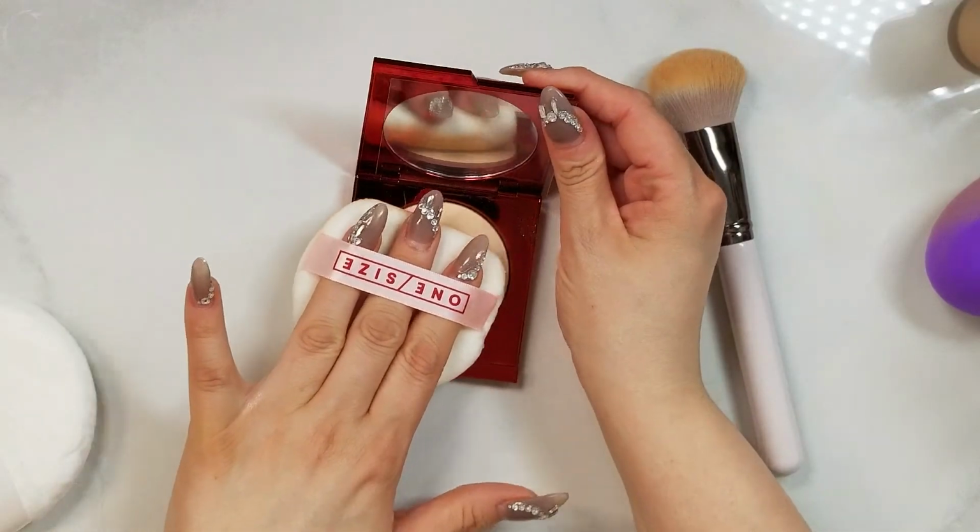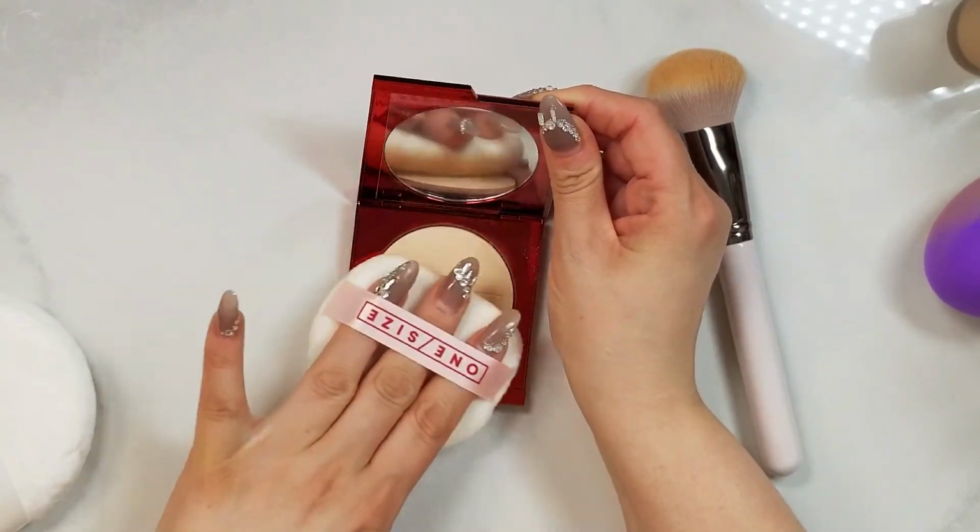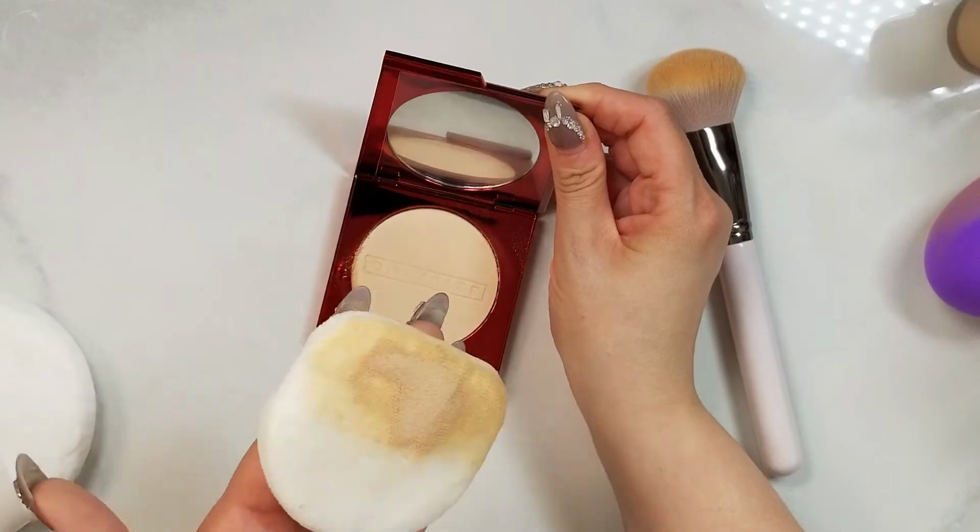So now I'm going to go in using my One Size Powder Puff, and again, this is a little dirty because I do use it to cut my jaw sometimes when I'm doing, you know, fancy kind of glam makeup looks. I love this puff. So I'm actually just going to go in and grab some of this product on the puff. So we've got some product right here, and I'm just going to lightly tap, starting with my chin,